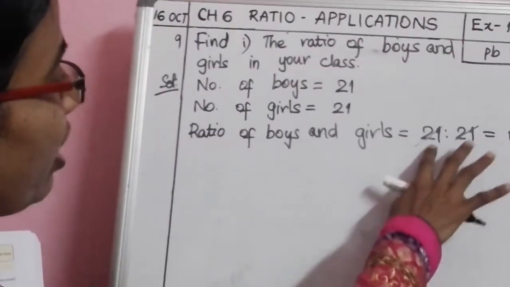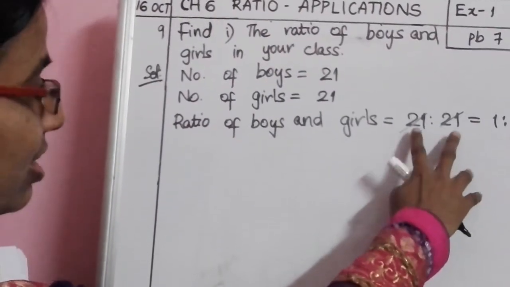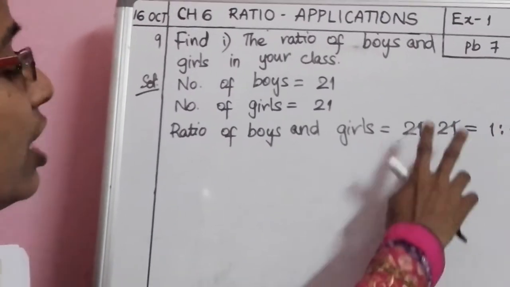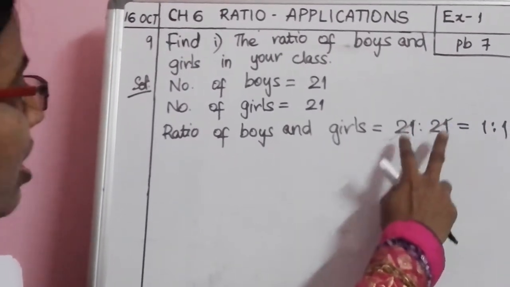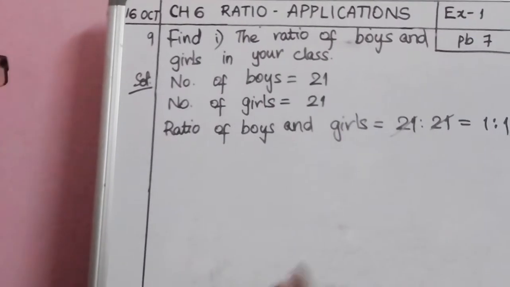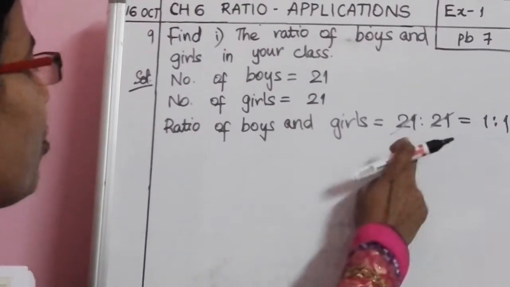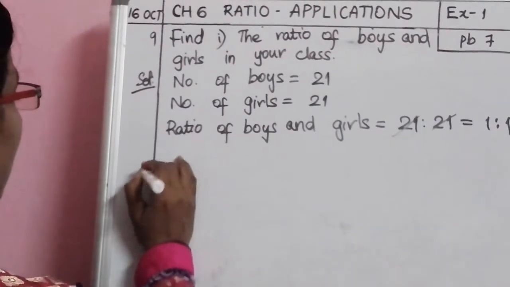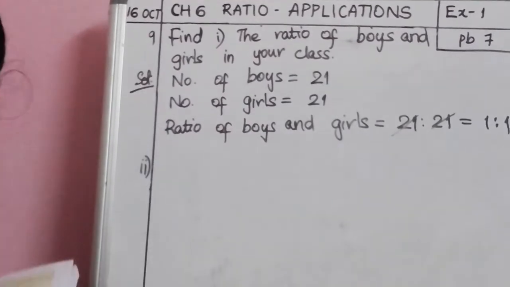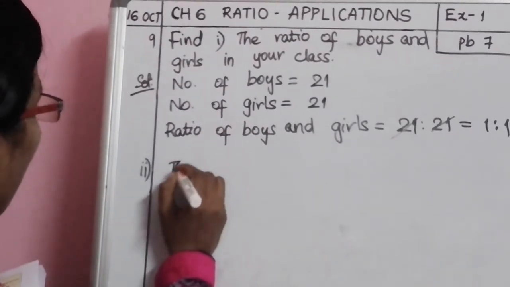If at all you are not able to cancel this ratio, leave it off like that. If you are able to cancel, then cancel and write the simplest form of the ratio. Now, let us do the second bit. The ratio of